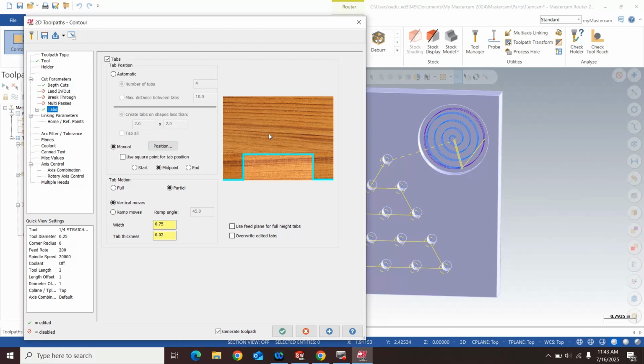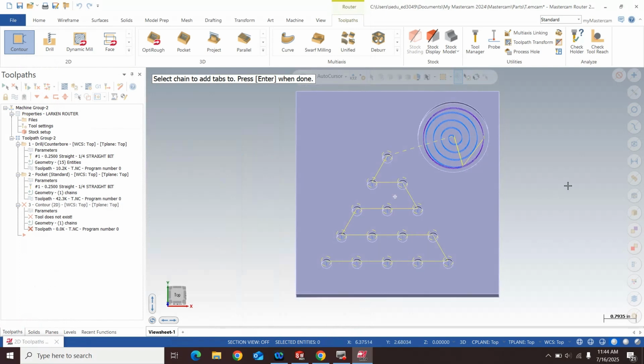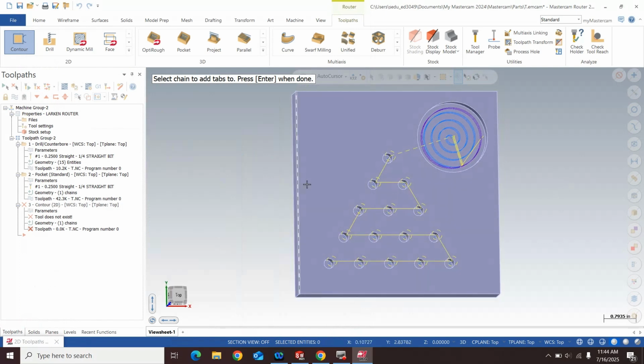We want our tabs to be straight up and down. This has to do with the type of CNC that we have here. Some CNCs are able to use ramps, however, the one that we will be using in class will be a vertical one. So we can now position these. Again, you want to make sure that you're clicking on the top. I'm just going to put mine to the sides. You want to click,